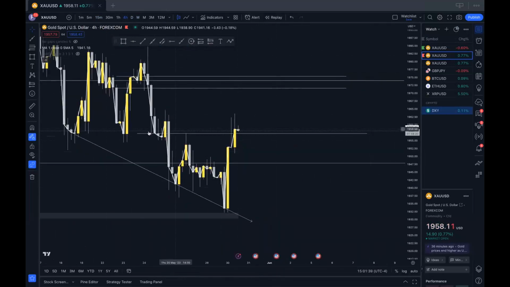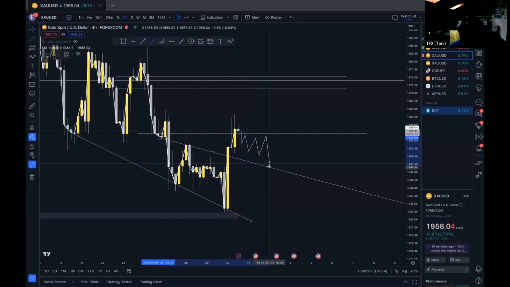On H4, if price closes around here, tomorrow price can open up and do something like that, probably during London. The Asia session could come here and create areas of